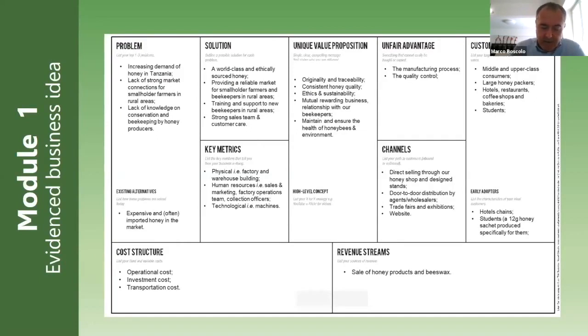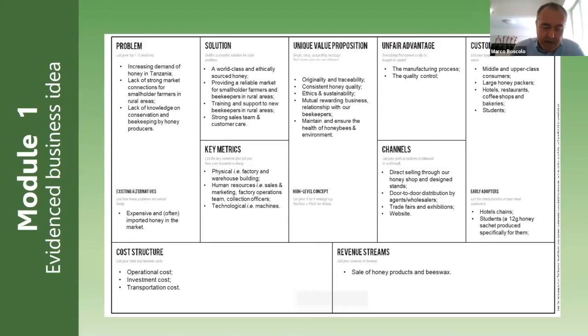What does that mean? It means that you need to gather information and evidence and organize it to answer questions like, okay, what is the problem that we're trying to solve? And what is the solution that this business provides? What's unique about this particular solution? And what is the market that I will target? And what are the channels that exist for our business to reach this market? And finally, what is the cost structure of my business and what are the anticipated revenue streams?